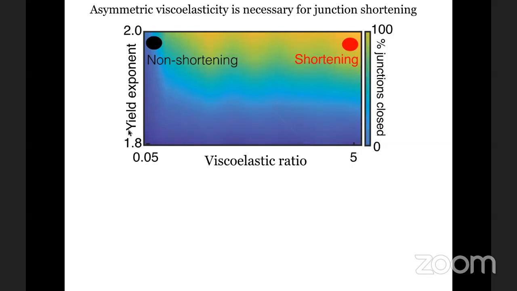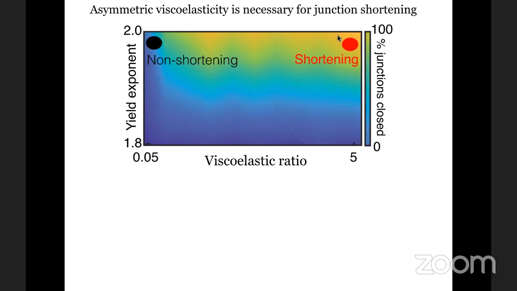So here I show the parameter yield exponent. It tells us how quickly the piston is moving. I will not focus on that, but focus on the viscoelastic ratio. So here we are varying the viscoelastic ratio for the active vertex, where the passive vertex viscoelastic ratio is fixed at a small value. And what is shown in color is that the blue regions indicate a very low probability for the junctions to shorten effectively,